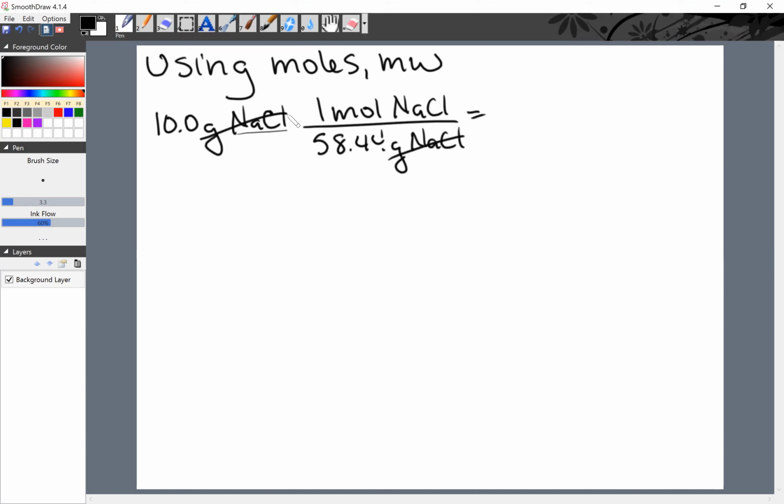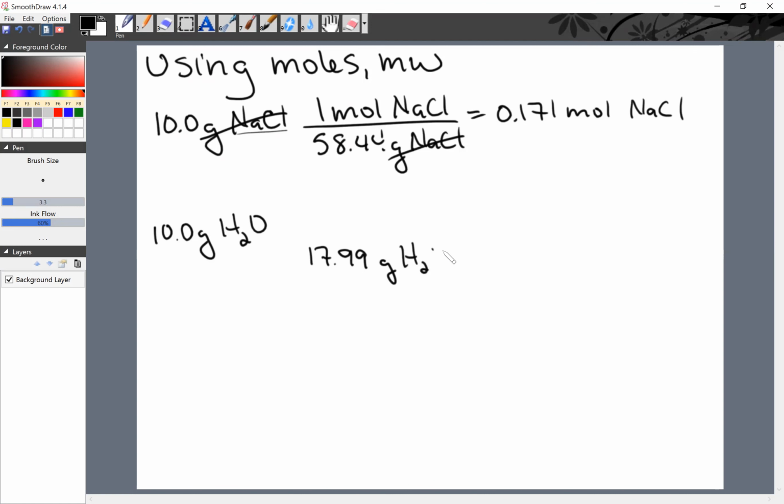Grams of sodium chloride are gone. And we have 0.171 moles of sodium chloride. Well, what about water? Let's say we have 10 grams of water. If you add this up, and we just did that a minute ago, 17.99. A lot of times we just round out to 18, by the way. 17.99 grams of water in 1 mole of water